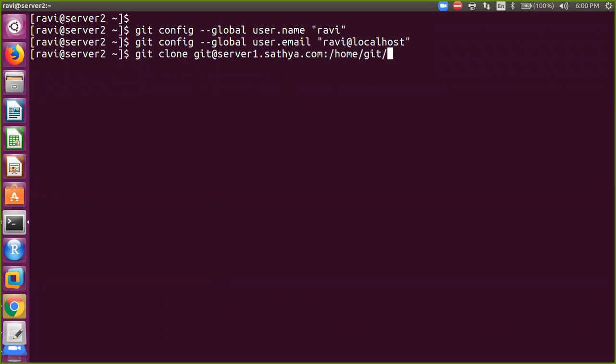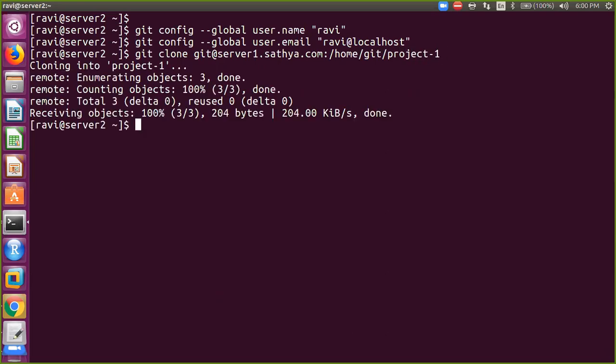Under git, what is my project name? Say project1. Observe, sir. Now the entire project1 code is copied over here. So it has created one local repository.